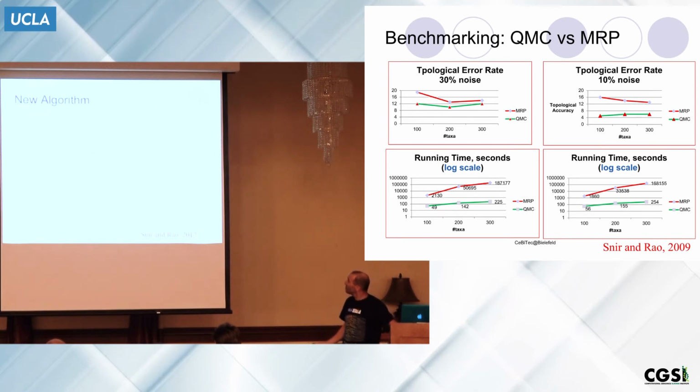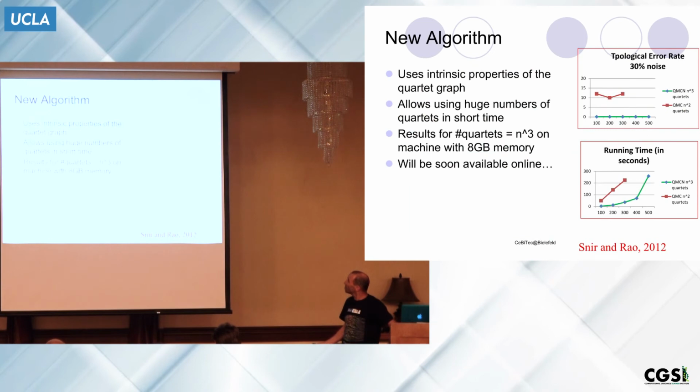Let me go fast. New algorithm, and here, that's crazy. This we don't have any. This is topological error, so no error at all, and this is the old approach, and this is running time we're talking about. So since I need to cut, or since my time is over, I would say that we